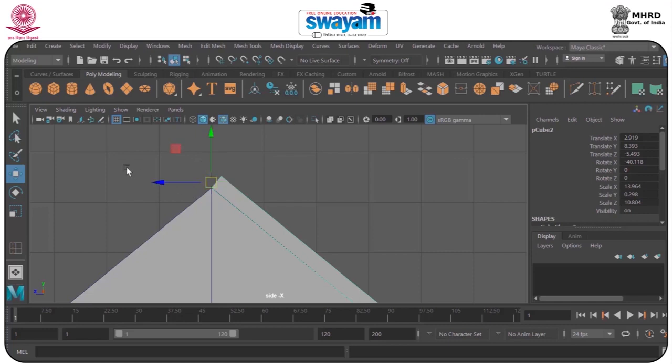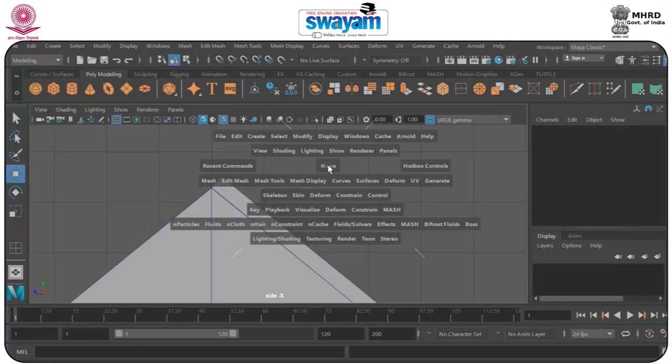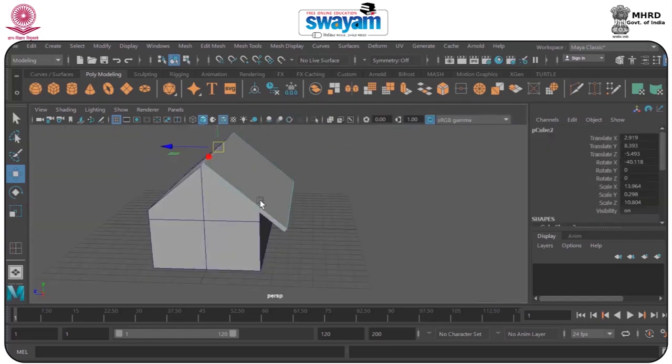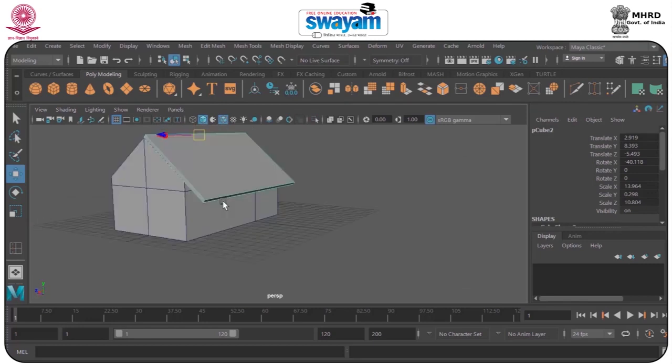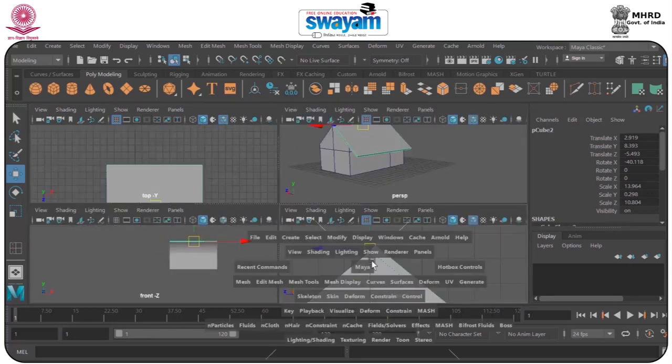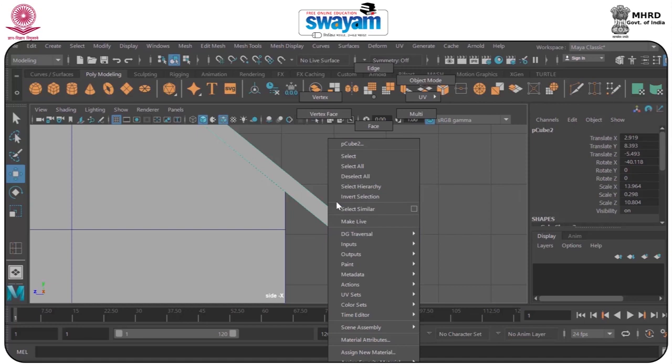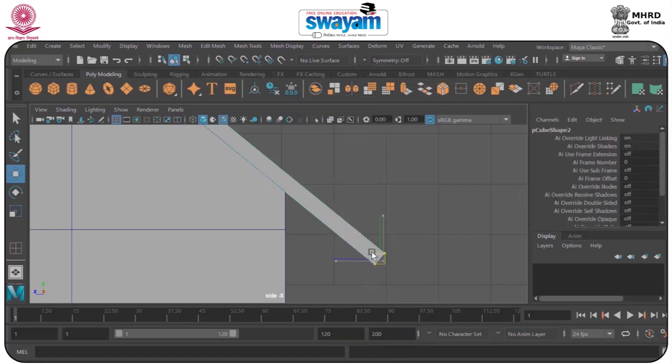Select this part and we'll go to the perspective. I think we have to decrease its size, so vertex, select this and move it somewhere here.